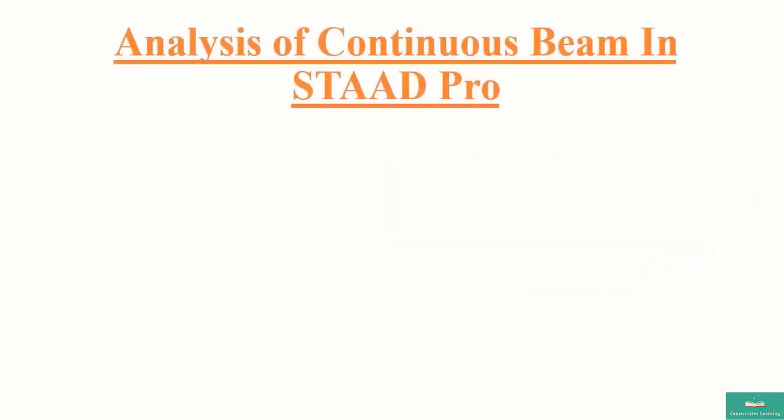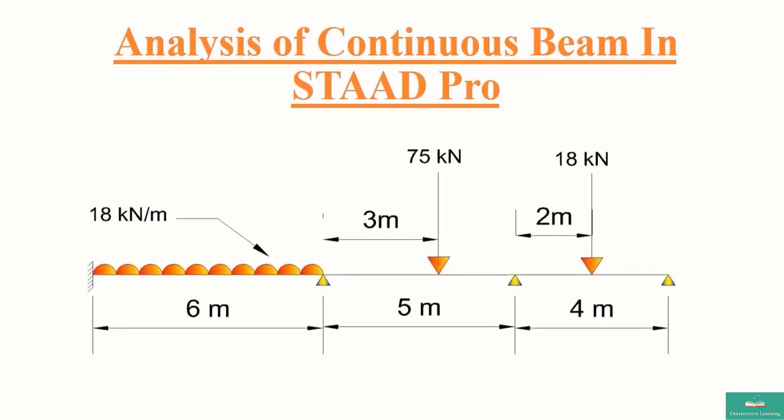Now let us see how to solve a continuous beam of 3 spans in StatPro. We will consider the following example to model in StatPro. It contains a 3 span beam. Before modeling in StatPro, we must name the joints and calculate the coordinates of each joint. It is better to name the joints from left to right. So in the given example, joint names are A, B, C, D.